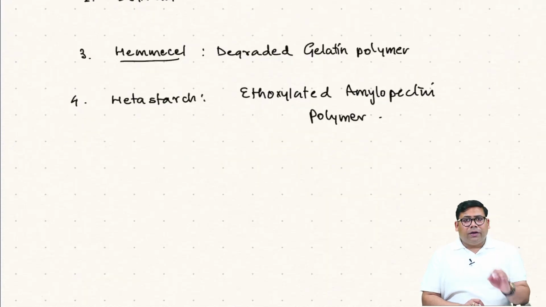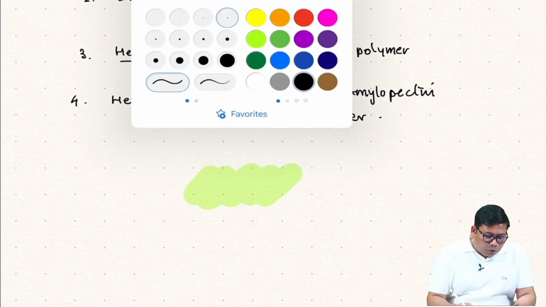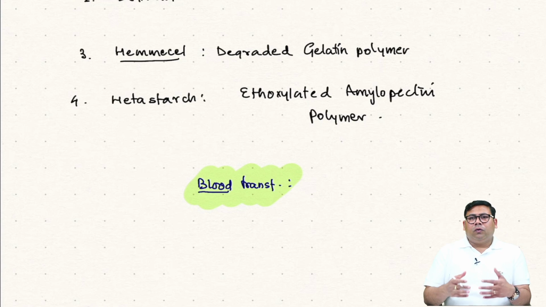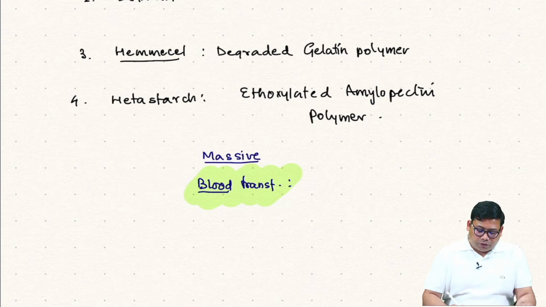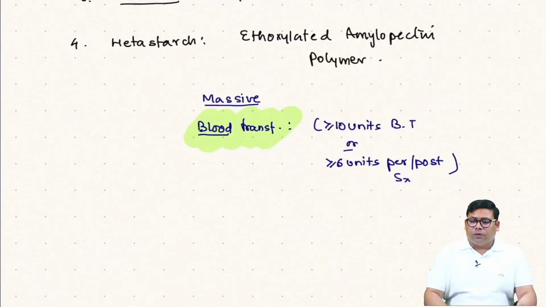Now one more thing that we need to understand is something about blood. I'm not going to discuss each and everything about blood. Whenever you require a large volume of blood transfusion, that is known as massive blood transfusion. What is the concept of massive blood transfusion? Whenever you require more than or equal to 10 units of blood transfusion, or even more than or equal to 6 units pre-operative or post-operative. So pre- or post-surgery, if you require even 6 units, then also you will follow this